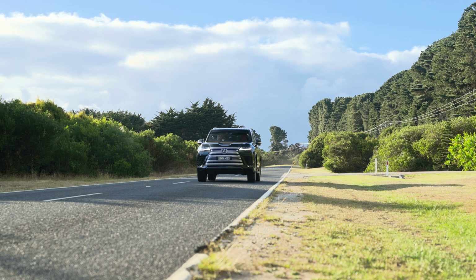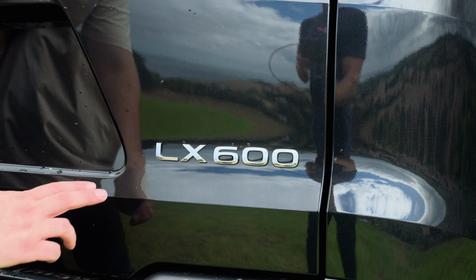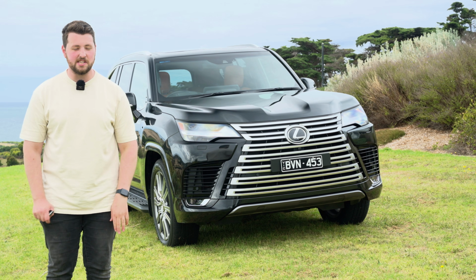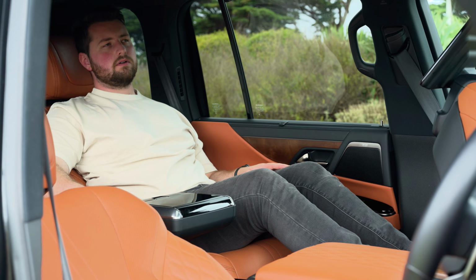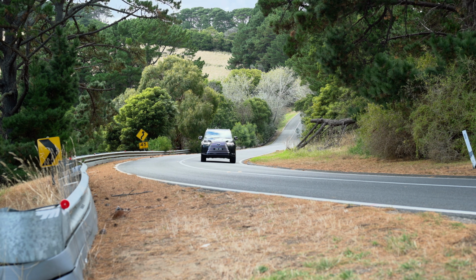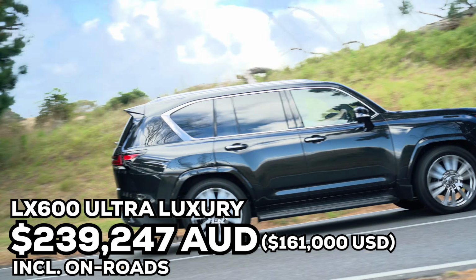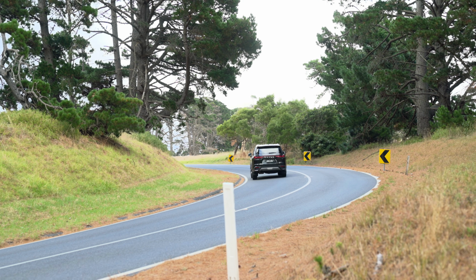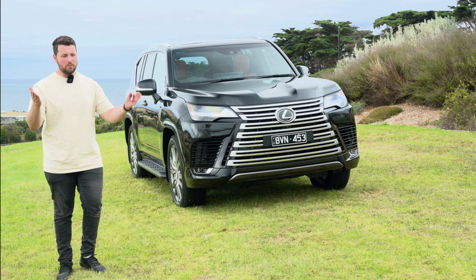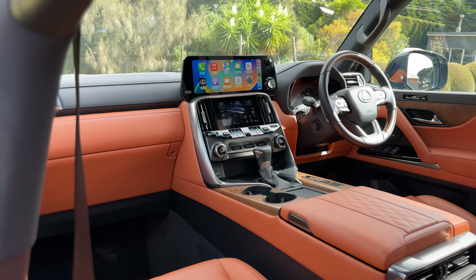Call it what you want, Jacob. This is the Lexus LX600. This is not just any LX600, by the way. This is the Ultra Luxury, and it is actually ultra luxury. This thing will set you back around 220 something thousand Australian dollars. Holy cow. That's a lot of cash for a Toyota LandCruiser, but when you see what's inside of this thing